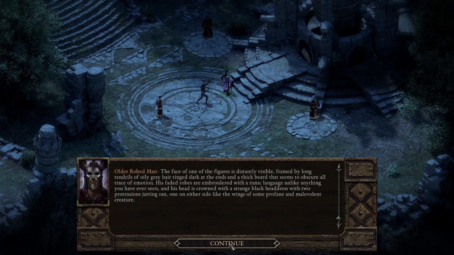The face of one of the figures is distinctly visible, framed by long tendrils of oily gray hair, tinged dark at the ends and a thick beard that seems to obscure all trace of emotion. His faded robes are embroidered with runic language, unlike anything you have ever seen, and his head is crowned with a strange black headdress with two protrusions jutting out, one on either side like wings of some profane and malevolent